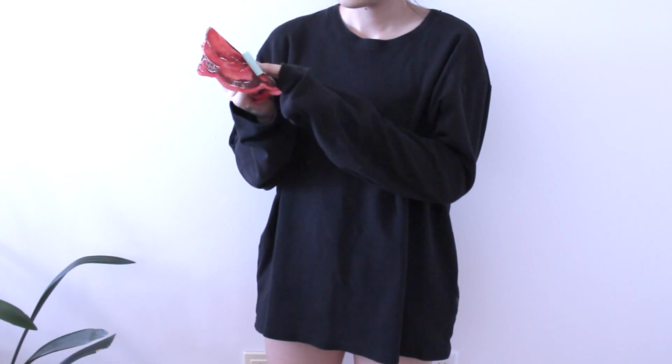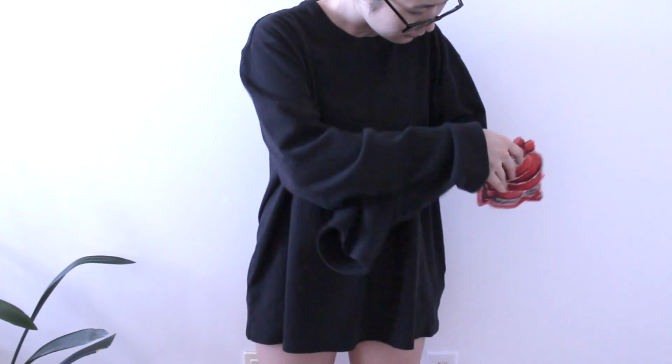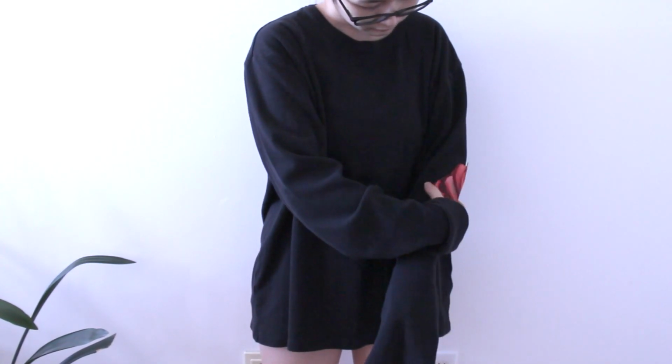Next up, you're gonna want to put on the sweater or shirt, whatever you want to put these roses on. Take some tape or pins. I was originally gonna use pins, but I found out that's pretty dangerous if you're pinning it to yourself. So I just used some masking tape, and I taped the flowers where I wanted them on the sleeve, just